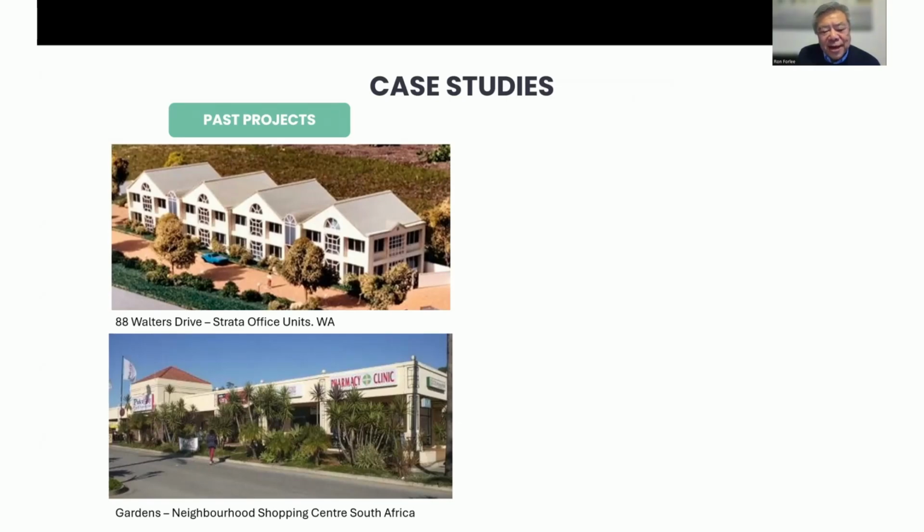So what it was is that it actually was a syndicate of builders and architects and engineers. So each one had our own office. We put the whole thing together, but each one got our own unit for wholesale, and we sold the balance for profit and shared the profits. The one below is a neighborhood shopping center that was in South Africa that I did totally on my own. I was 39 years old at that time. Took a high risk, but developed it and completed and sold it to an insurance company.